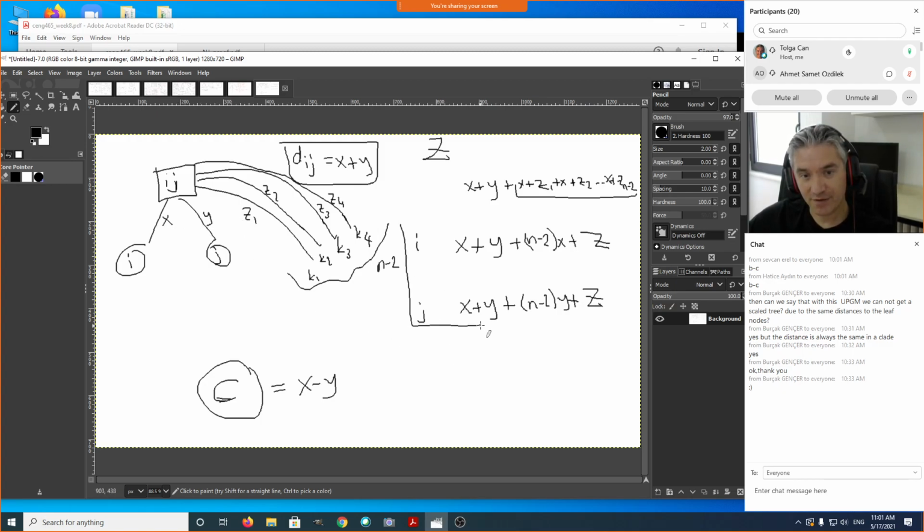So here, if you look at these two equations from i's perspective and j's perspective,